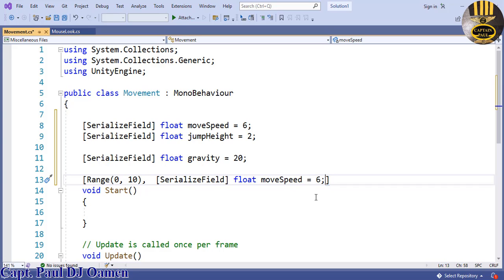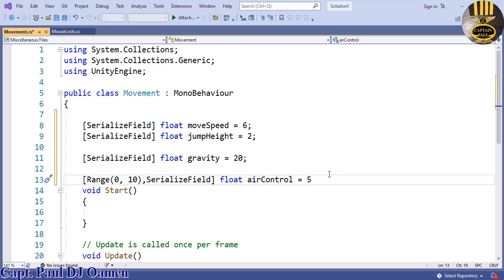Serialize field is going to be in air control. Let's say air control, and that's going to be about 5. Yeah, 5 we do. Okay, so get rid of this and get rid of this. Alright,